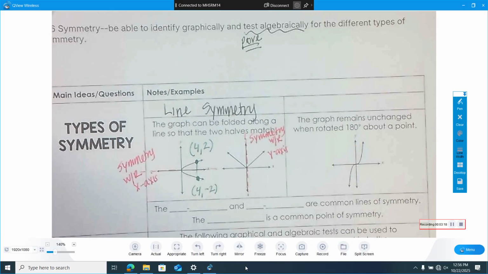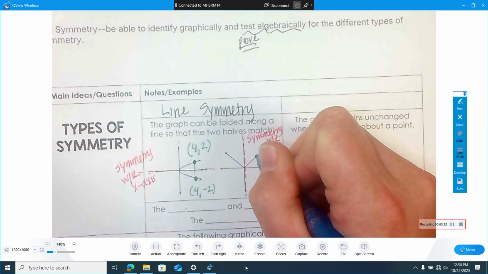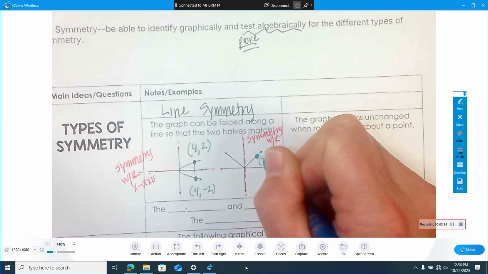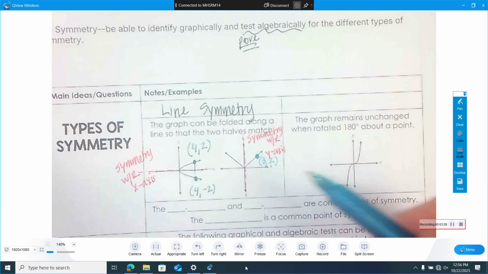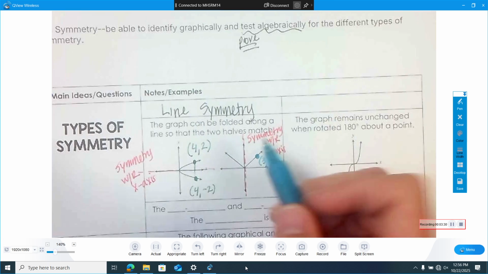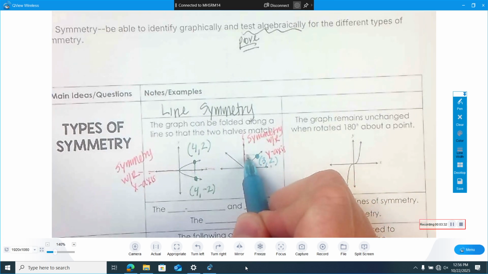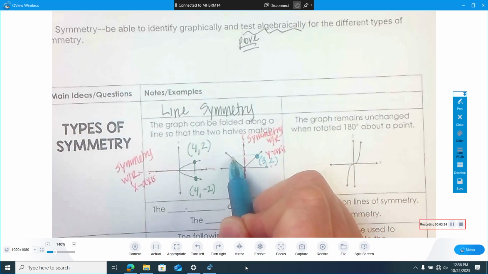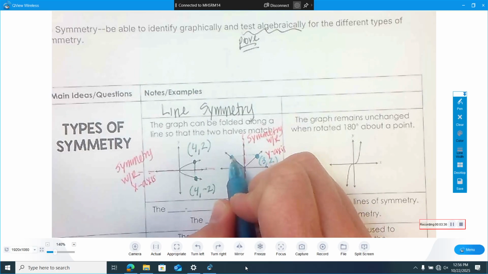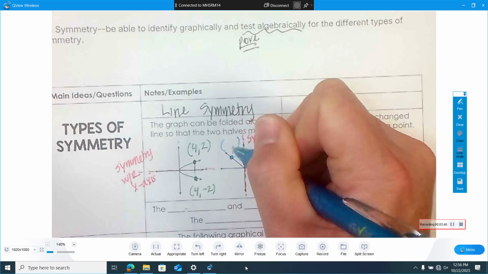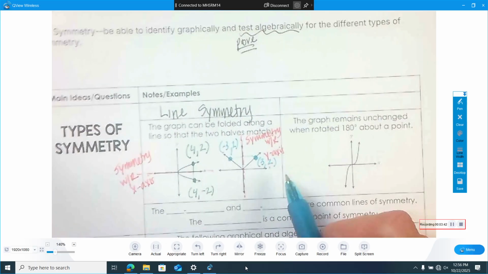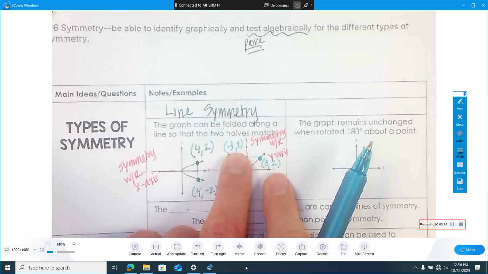Now, again, just like before, if I had a certain point on there, let's pretend that this is the point 3, 2 on the right-hand side of the graph, and it has symmetry, so it gets reflected across the y-axis, what's that new point? -3, 2. So in symmetry with respect to the y-axis,